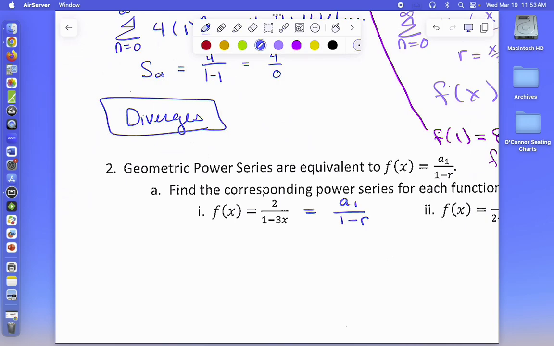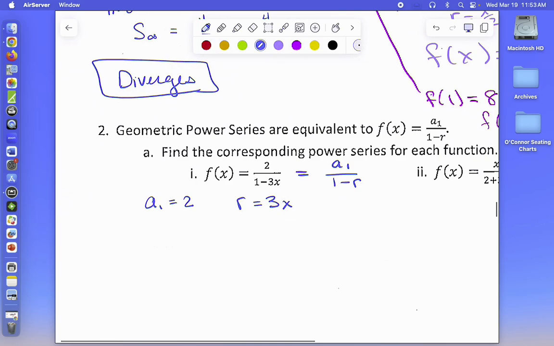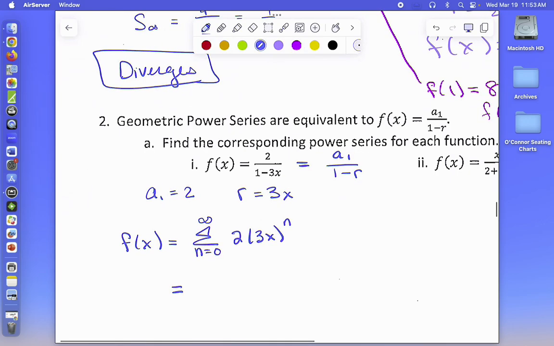So this one is kind of nice because it's all lined up for us. A1 is 2, r is 3x, and I can say that f of x equals the sum from n equals 0 to infinity. Oh wait, 1 to infinity. No, 0 is fine. Of 2 times 3x to the n, which is the equivalent of